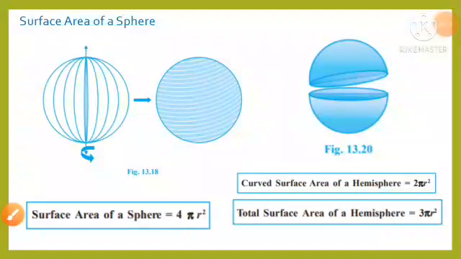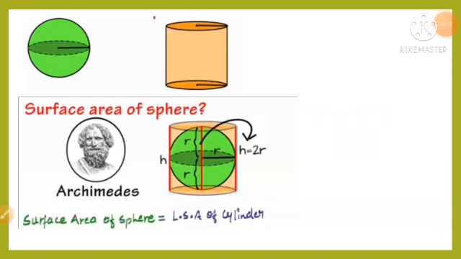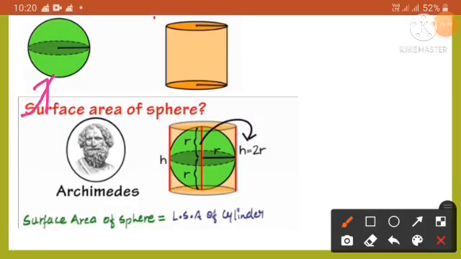Next, now we will be learning about surface area of the sphere. Learn it very carefully. Now we are trying to find out the surface area of the sphere. So this figure is a sphere. At first we have to know what a sphere is. A sphere is a geometrical object in 3-dimensional space, like the cricket ball, like the football.